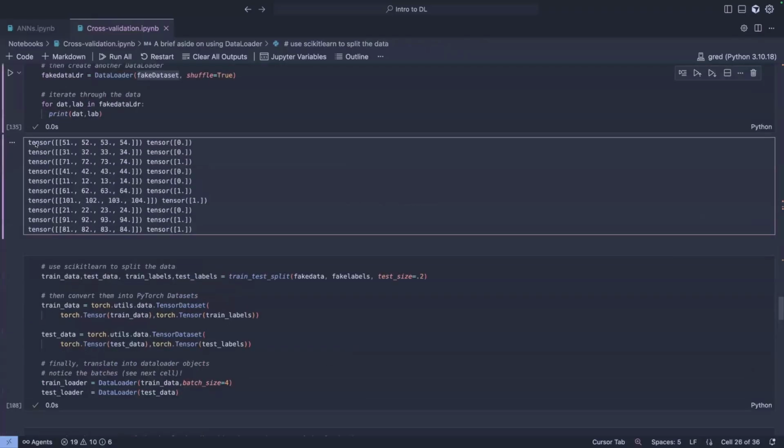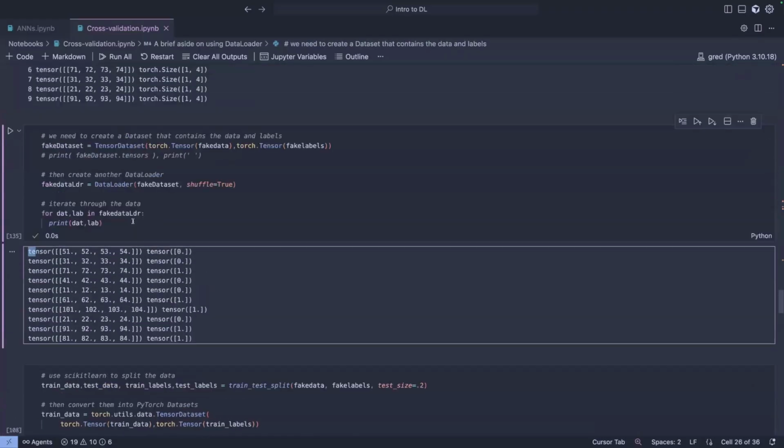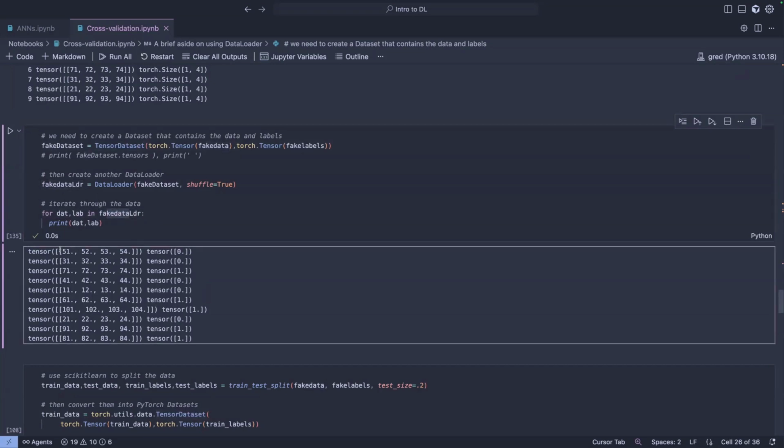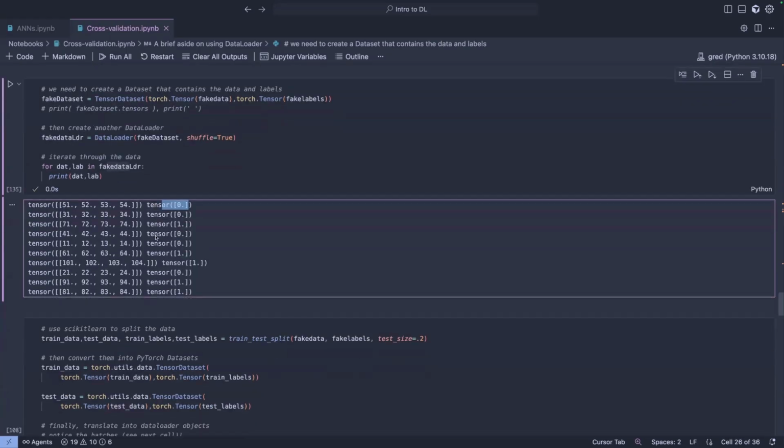Yeah, there we go. That's what we need. So once you create the tensor data set here, and you pass this to the data loader, once you cycle through the items in the data loader, you can see that now it's printing you the data itself together with the label associated with it. Obviously, the labels were trues and falses, and now they're printing as zeros and ones because these are tensors. Okay, is that clear?